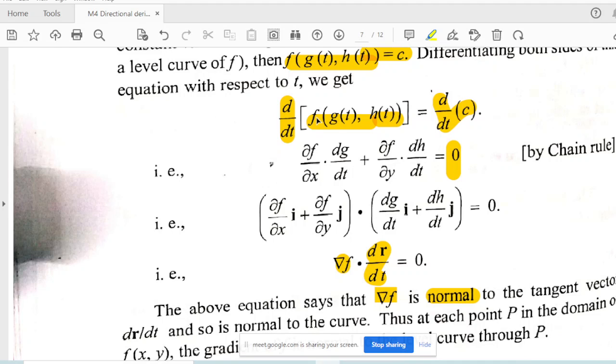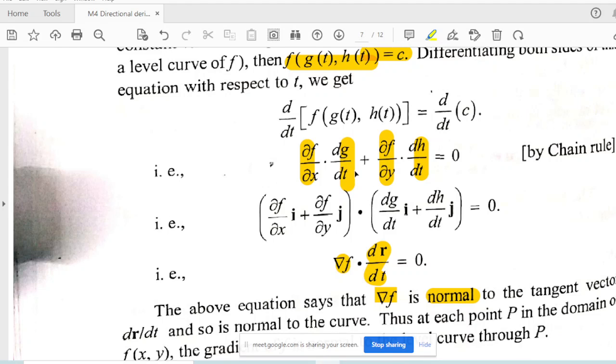Now here we can see, we are having chain rule because f is a function of g and h, and g and h are functions of t. So how are we going to write it? f is a function of g and h. g is a function of t. So first, instead of g you can simply assume x. Just assume it as x. x is equal to g of t, y equal to h of t. So dou f by dou x into dg by dt plus dou f by dou y into dh by dt